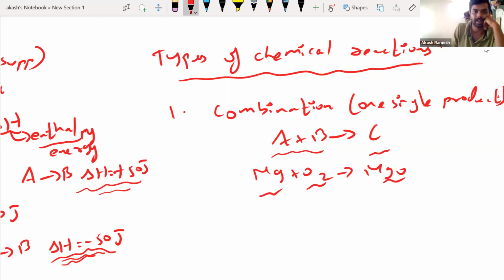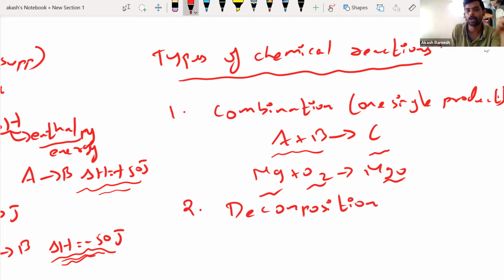That is an example of combination. The questions will come like this: they will give you some reactions and ask you to find the type of chemical reaction. So one of them you know now is the combination reaction. Next one is decomposition